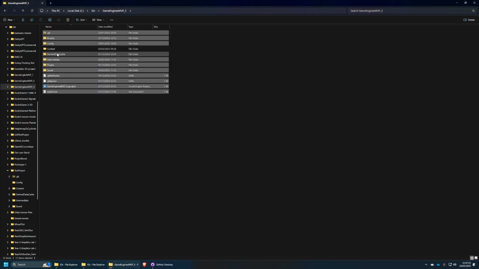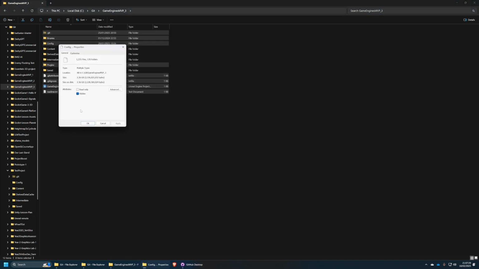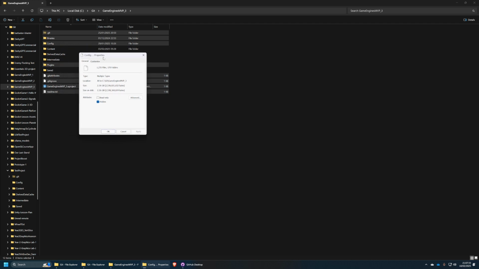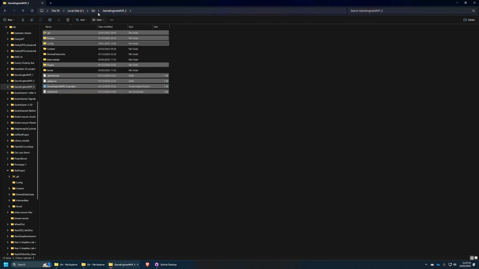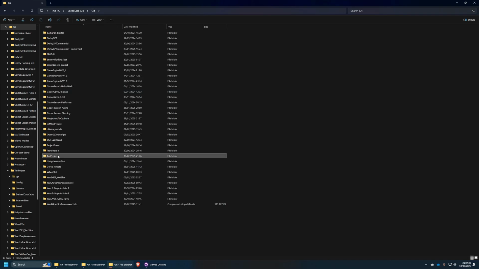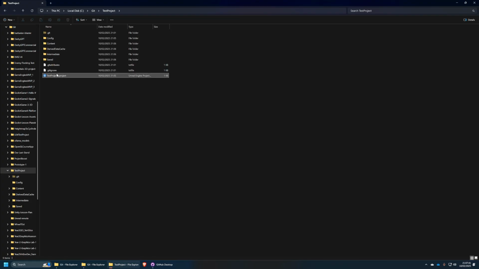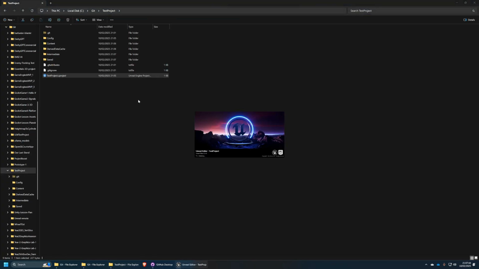But if I go content, derived, so these are the four that we don't need, and now I check the properties, now it's only 2.36 gigabytes. So that's going to take a third of the time for me to download. And when I open the project, it will only take a few seconds to rebuild, or should on a decently powerful machine. Your mileage may vary. So if I open test project again,